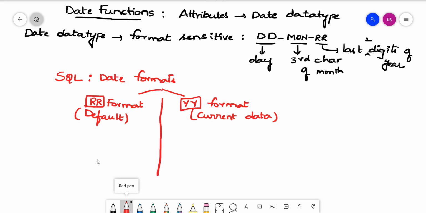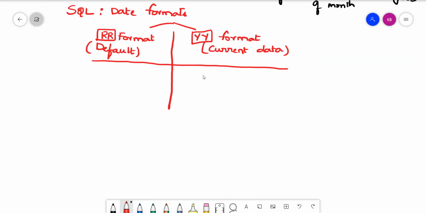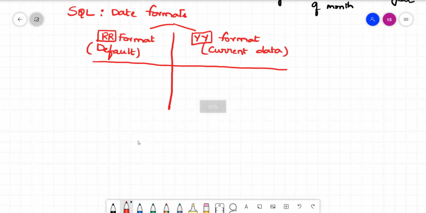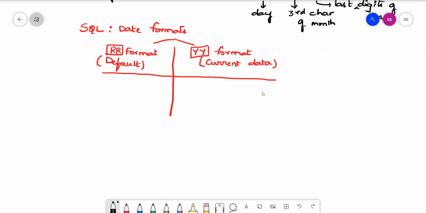So in which sense do these RR and YY formats differ from one another? We should understand that clearly before going for these date functions. With the YY format, it usually appends the current century to the given year.